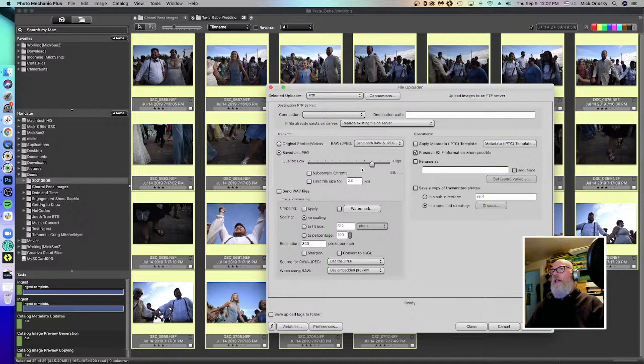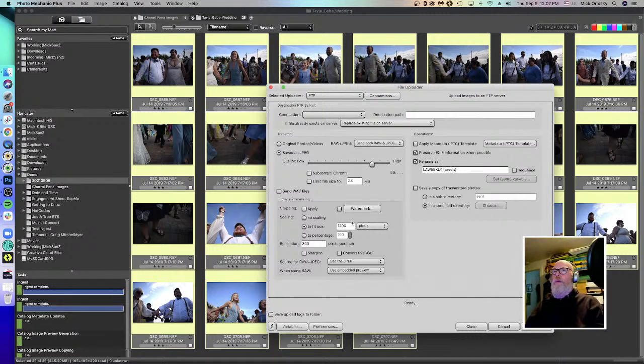So in the uploader, I can have this set to fit a box. Say I might want them 1200 pixels on the long side. I might want to then rename them as the weekly, and then I might have to put maybe my name in there, or again you could use the variable for the credit, right? So I can have them renamed, and what Photomechanic will do is it will create copies, resize to this thing with their own special name,